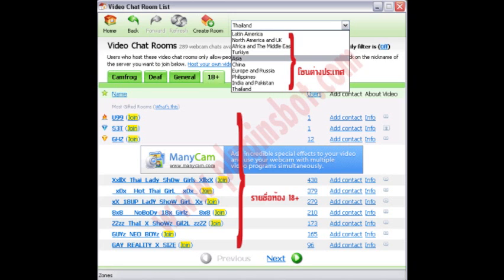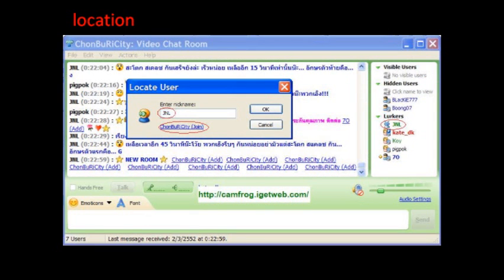Example, Thai lady show girl. Okay, and next property is the you can find your friend. Is you can kick locate user, and you can key your name friend and click OK. You can see where room list is your friend join chat.